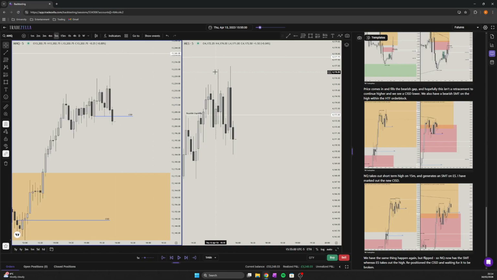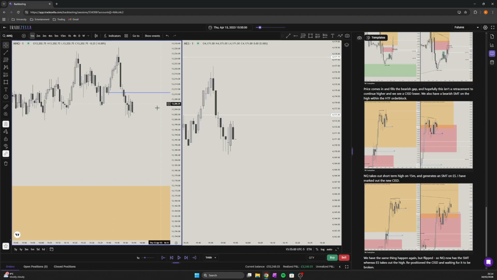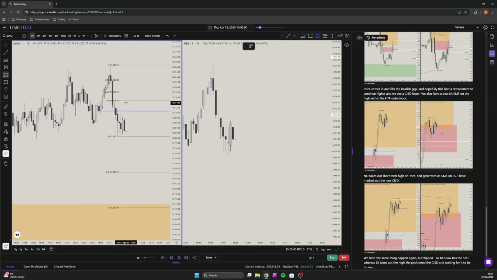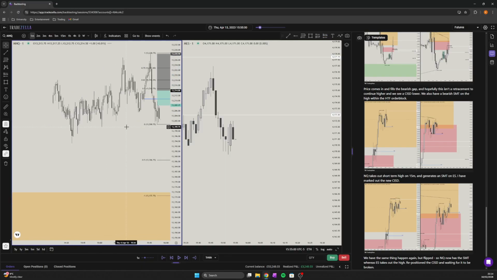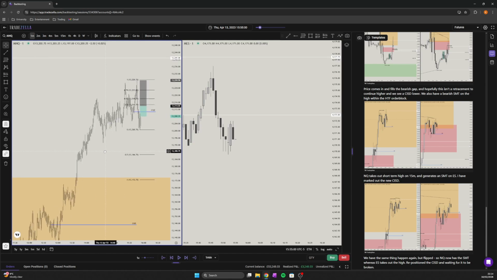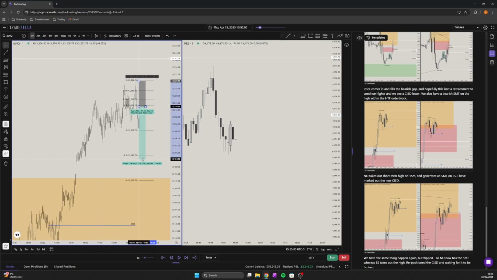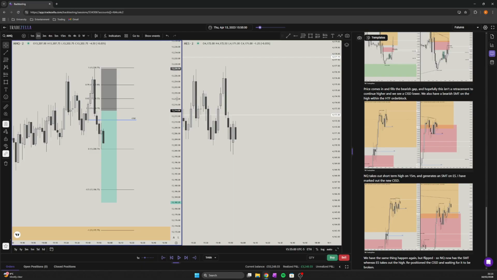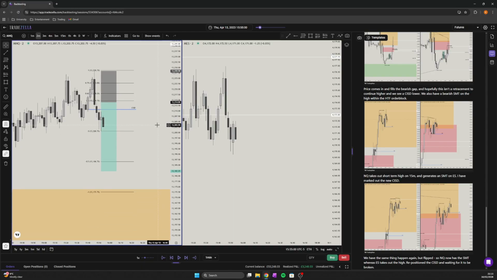Shocking behavior. Bang, bang. Ideally, the change in state delivery is actually right here. Okay, so let's check the 1 minute. I want to see if this is something where you take a trade very late in the day and it ends up paying off. Is there anything that we could actually target here? Maybe this gap. I fear this is some extreme stuff though. We do have a change in state delivery.